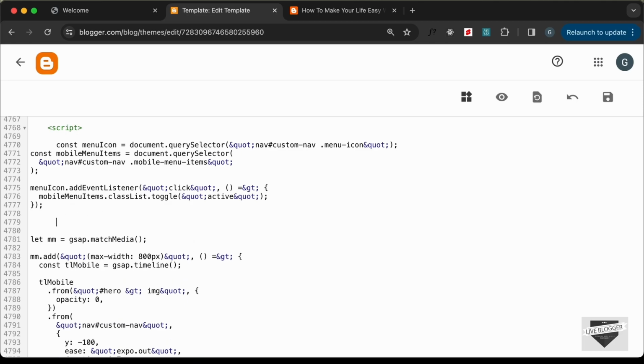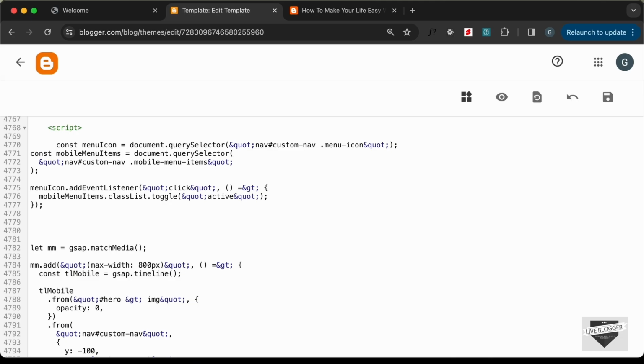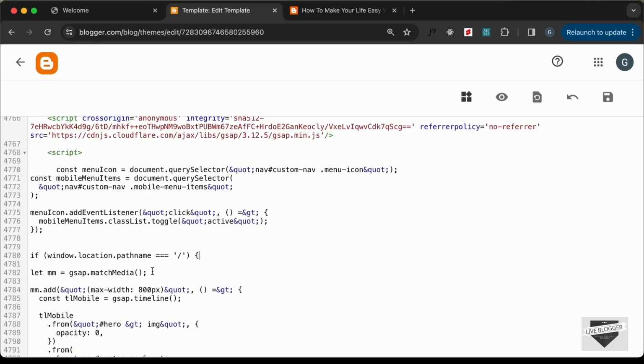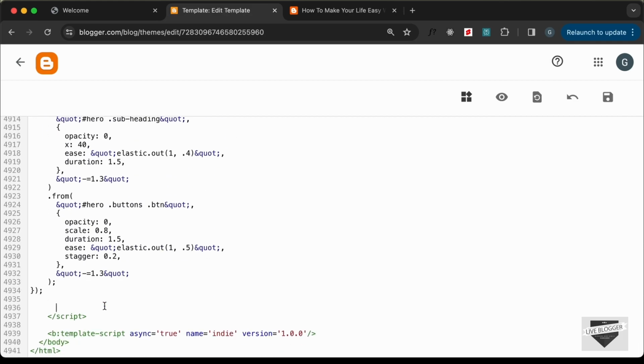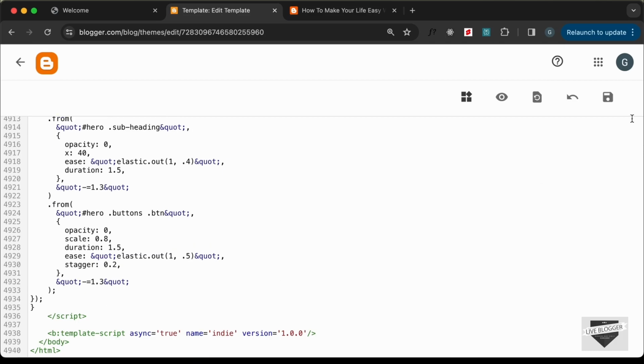So let's go ahead and add an if condition over here, and let's check whether we are on the home page. So let's type if window.location.pathname equals /, and let's add all of this inside these curly braces. I'll just end it over here, and now let's go ahead and save this,